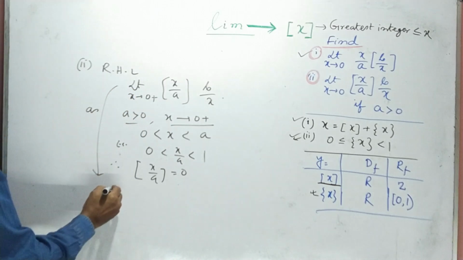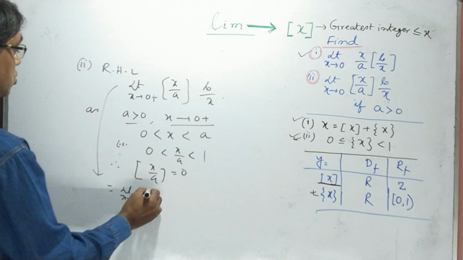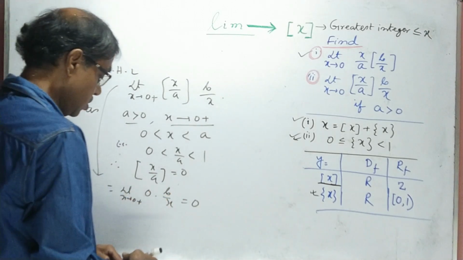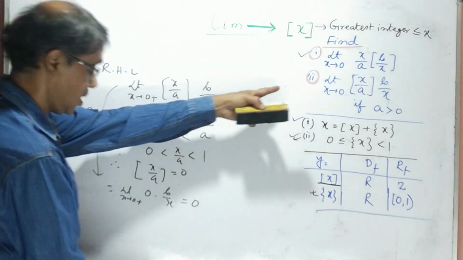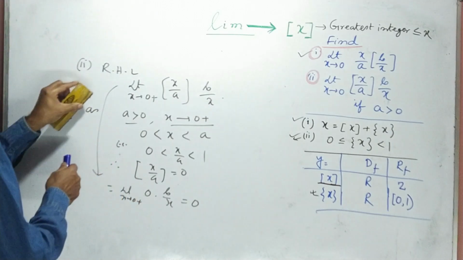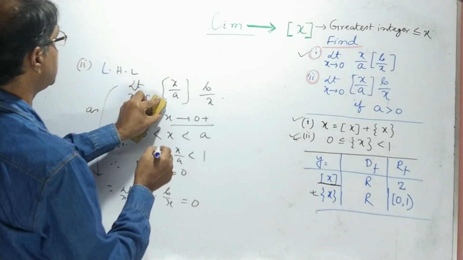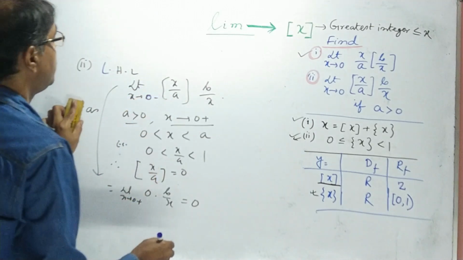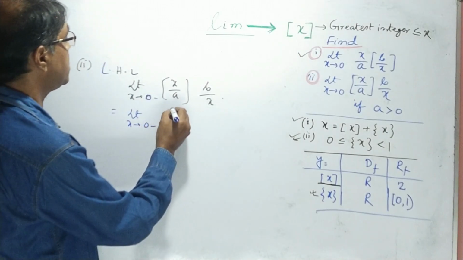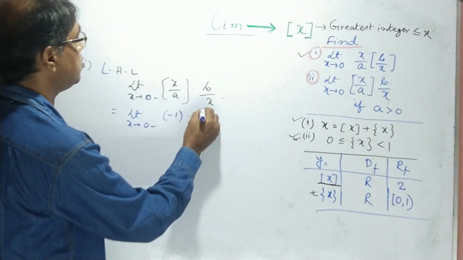So the limit is, x tends to 0 plus, 0 into b by x, that is equal to 0. So the right hand limit of this function is 0. Now find the left hand limit of this, limit x tends to 0 minus. Here the greatest integer of x by a is equal to minus 1, into b by x,